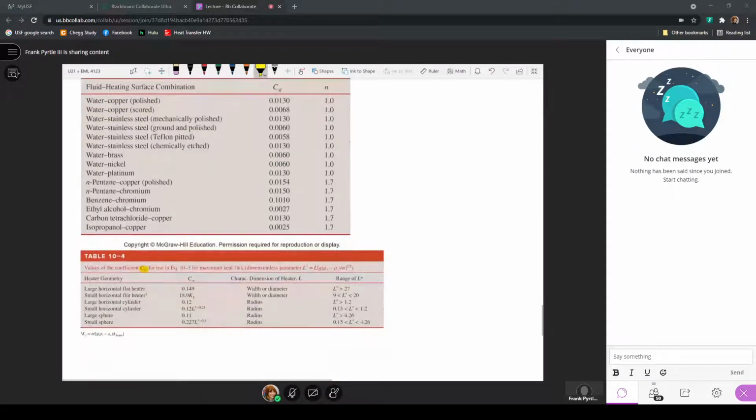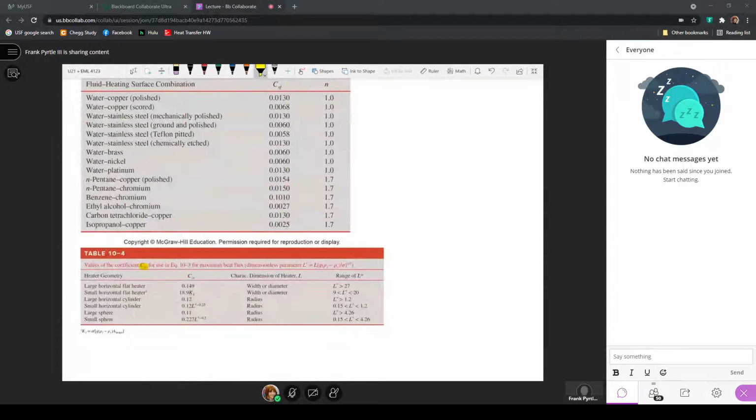Here, this is the critical heat flux. So here, this constant is just based on another set of parameters that were experimentally determined to be most significant when calculating that heat flux. So here, depending on the geometry of the heater that's being used, we would directly get a value for C sub CR, but for a few of these,